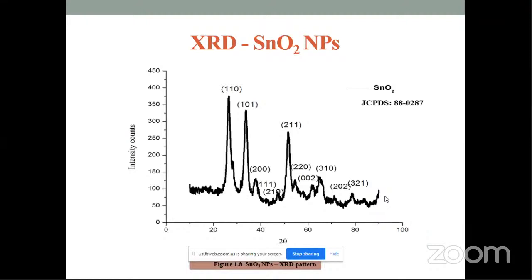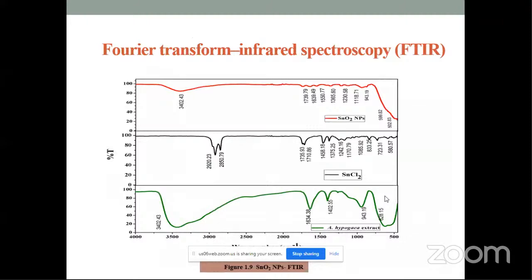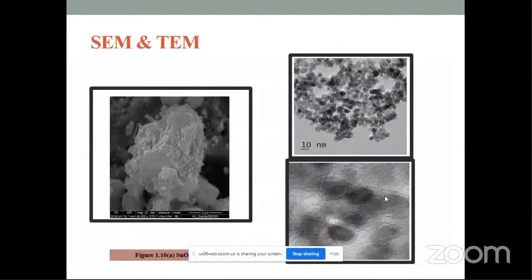In the XRD, the JCPDS value is 88-0287, which has the tetragonal phase, and we have the HKL values of all the planes, 110, 101, 211, and no extra peaks were found. This is the confirmation. With the FTIR we are able to get the different functional groups, finding out which functional group is responsible for the formation of the nanoparticles. With SEM and TEM we have the morphological studies: SEM clearly indicates the amalgamated particles, and in the TEM analysis, the nanoparticles are clearly in